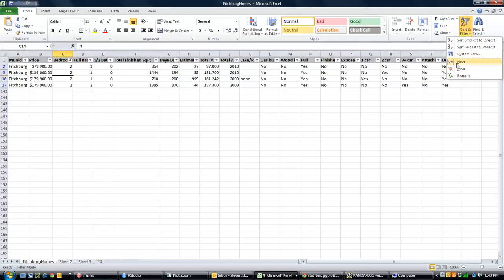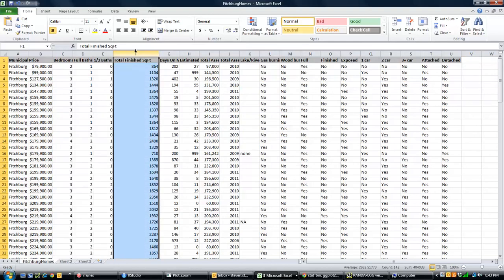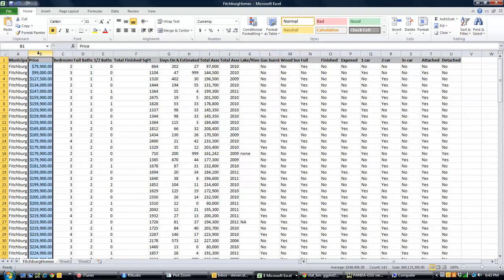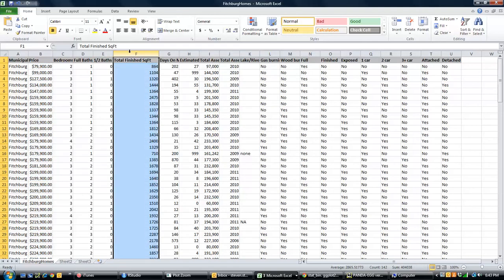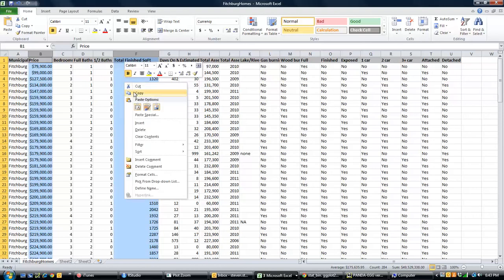More interesting will be a scatter plot. The scatter plot will show us how the size of the house, column F, is related to its price, column B. So here's how we do that. First we click on the F to select that whole top column. Then we hit the Control key and go to Price and click on that. And now we've got them both selected at once. We can take our finger off the Control key, and if we right click and copy, it's going to copy